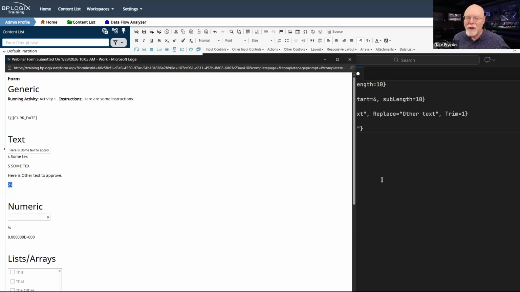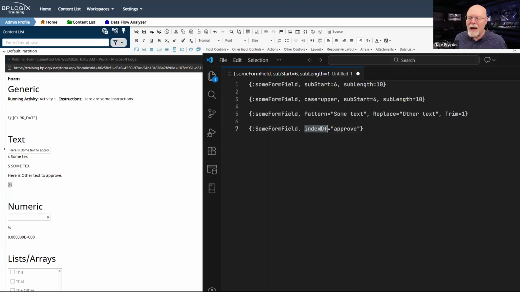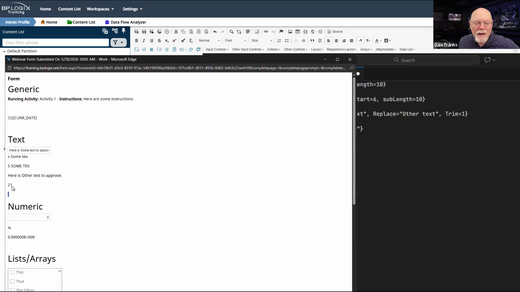The reason is that this is the index of modifier, which will return the starting index of the string in which it finds the text approve. So in this case, it is returning the number 21, which means that I have 21 characters before it reaches the A in approve.